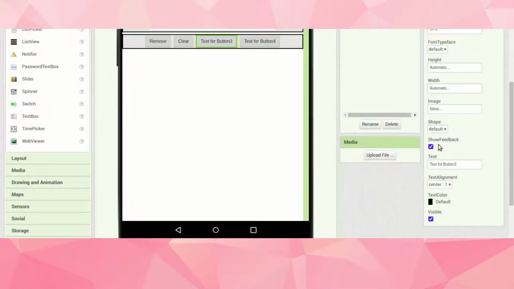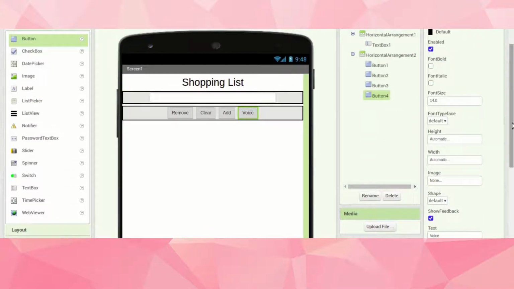Just click on this button, text button 3, change it to add. This button 4 will be voice, and just enter. Okay,